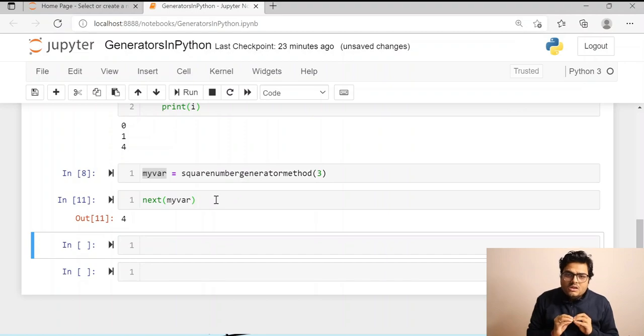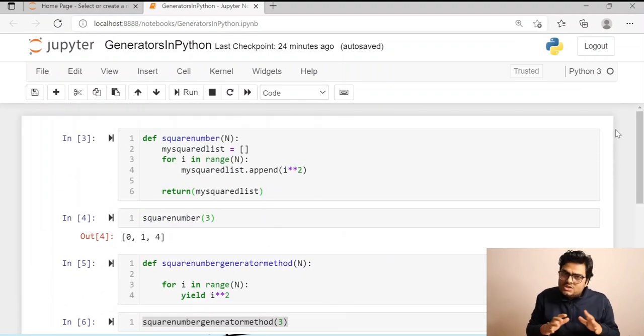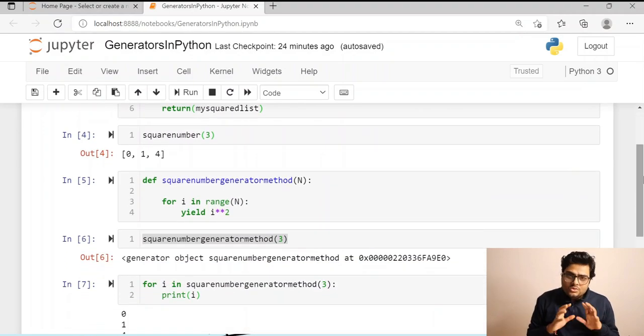So what is happening here? All the numbers are being yielded to you one after another. It is not a complete list. One number, then the next number, then the next number. This is how a generator works. A normal Python function puts everything in a giant list, stores that in memory, and gives that back to the user when it is asked for. Now this is a very simple, limited list of entries. You might not be able to feel the difference in performance, but if it's a huge list, guys, believe me, generators are very, very useful.